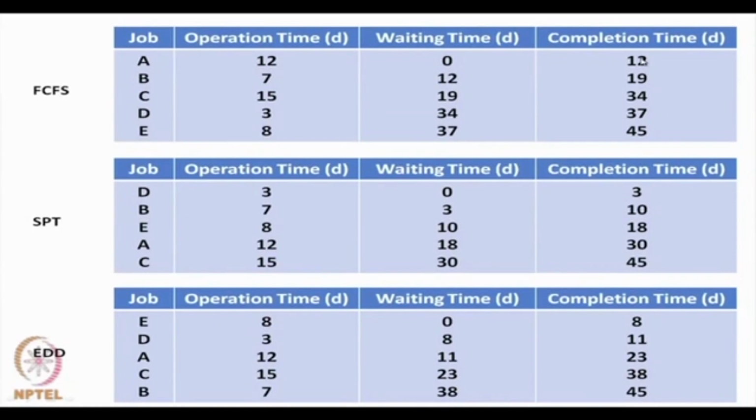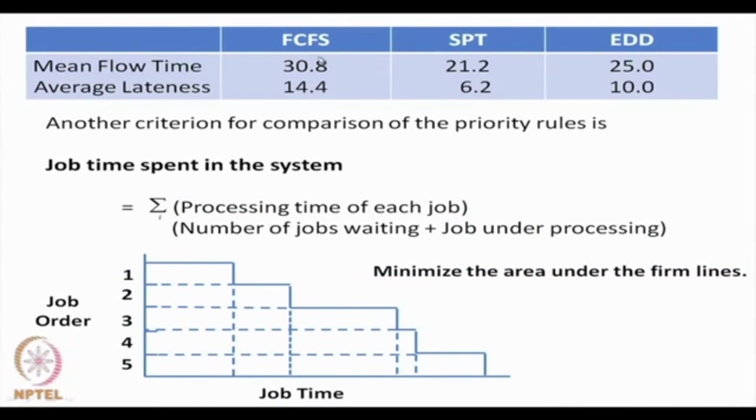So, you add all the completion times and divide by 5. Although they are all completed by the 45th day, the completion dates are different for different jobs. So, the average time to complete is 12 plus 19 plus 34 plus 37 plus 45 divided by 5. Similarly for the other rules, these values are coming to